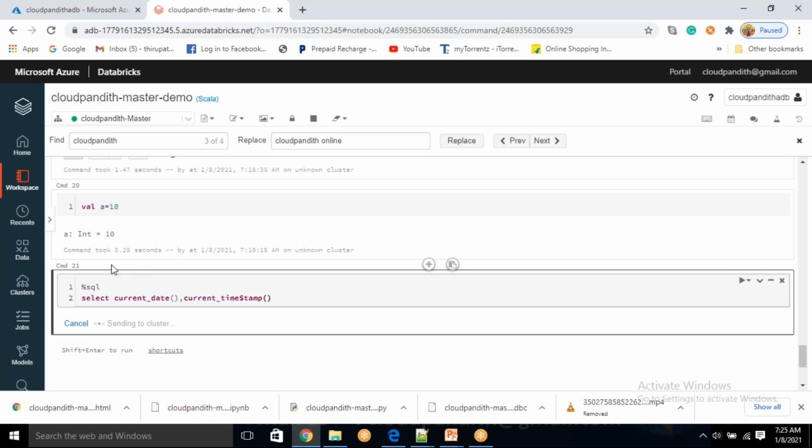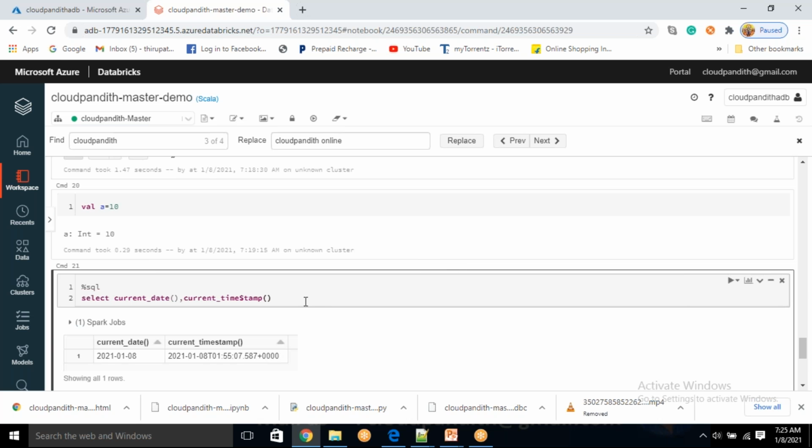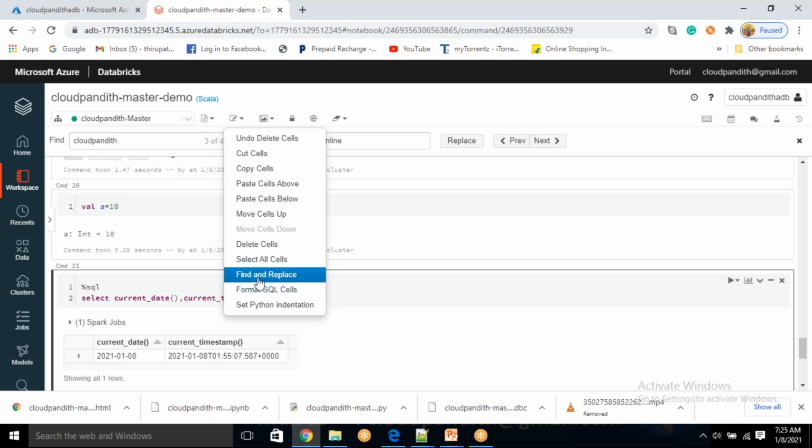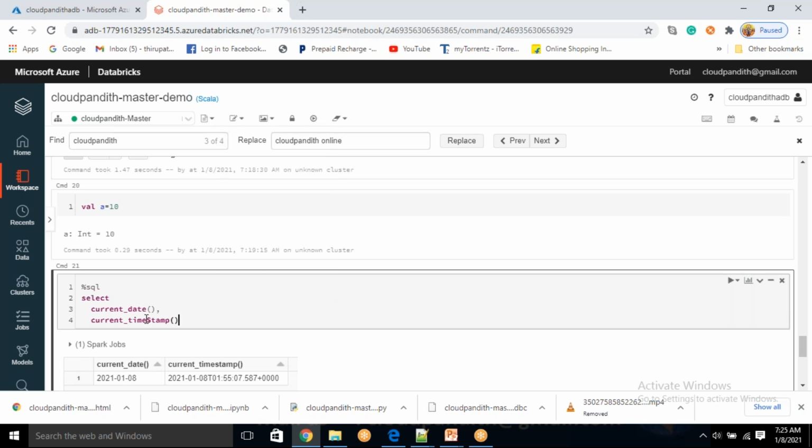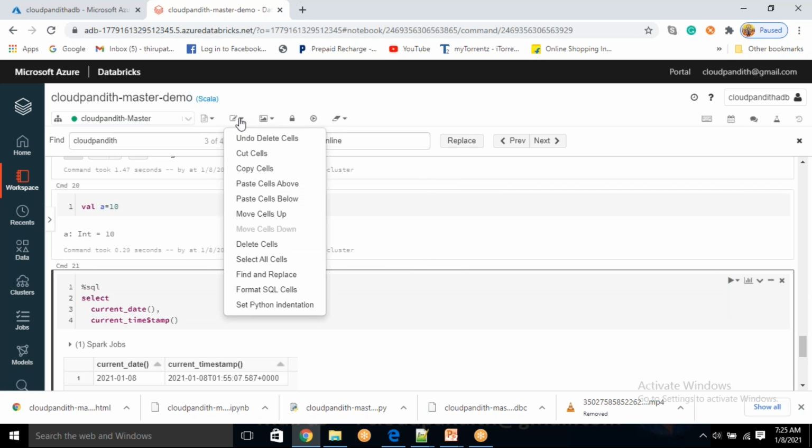Okay, let's execute it. Now you just select this, come here, you just say format SQL cells. See, it is going to format it properly. It will increase the readability. This is how you can do that.